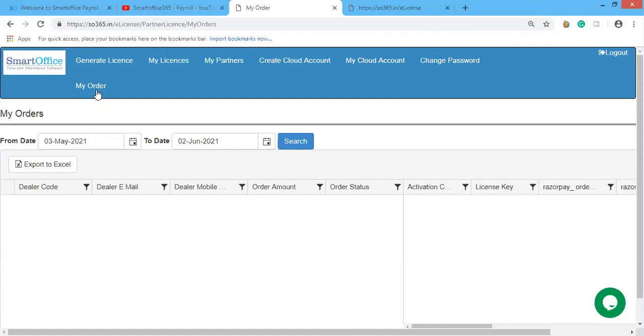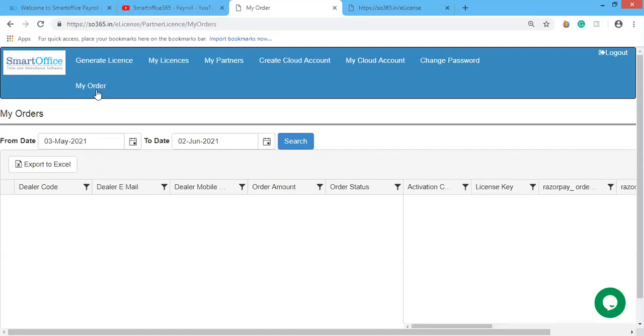You can generate the license key for the desktop and web application. You can create your cloud account and keep a detailed list of your employees and cloud accounts separately. Once you have all this data with us, later if it is a renewal process or anything, it's easy to track since you have all the data in one place. One login for all the clients, so you can have all your client details in one place.